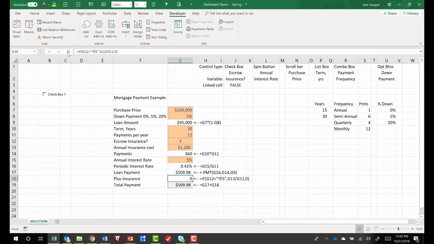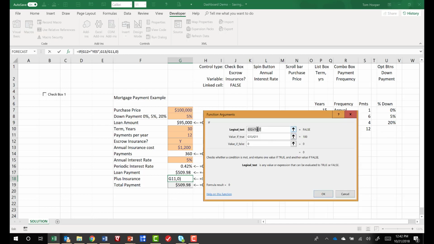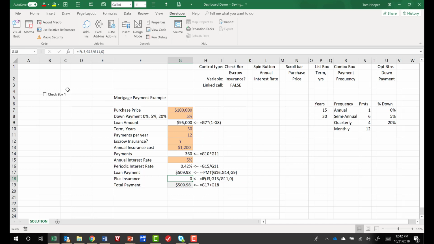So instead of saying if something equals something else, we can just go straight to this cell and it's either going to be true or false, which is what we want. So we'll click right there. And now when we click the checkbox, we get the $100. If we unclick it, we don't. So we can edit the text in the checkbox by just putting our cursor in there and say escrow